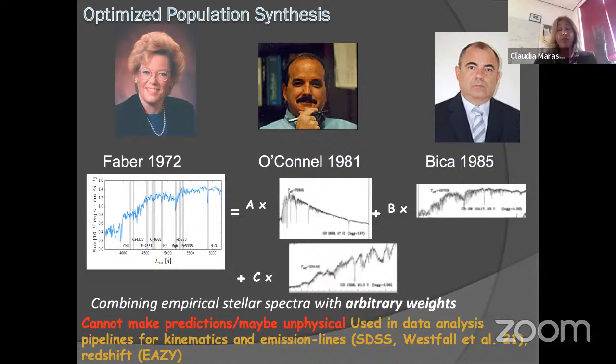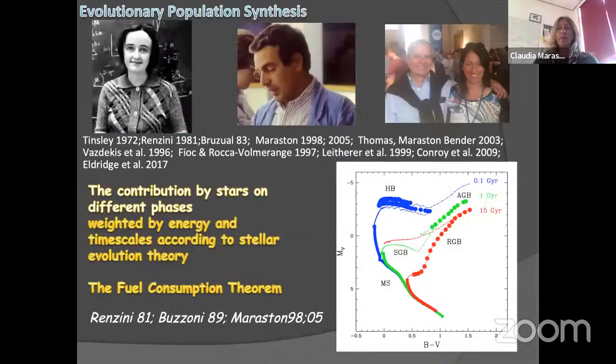And this is done, for example, by a code called EAZY, where an arbitrary combination of templates of disparate age and chemical composition are combined to optimize the photometric redshift accuracy, and that again will not necessarily correspond to physical parameters for galaxies. But there was another approach that was put forward in the early 70s by Beatrice Tinsley, which